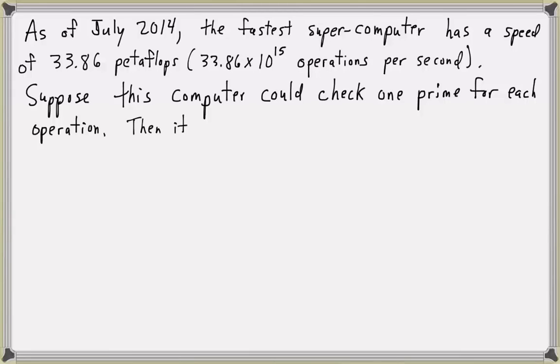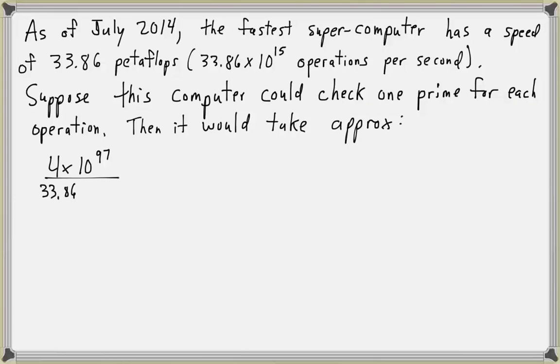And in order to check each one of the primes less than square root of n, it would take approximately 4 times 10 to the 97 divided by 33.86 times 10 to the 15th seconds. So this would be 1.18 times 10 to the power 81 seconds,